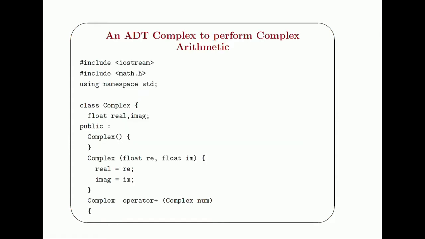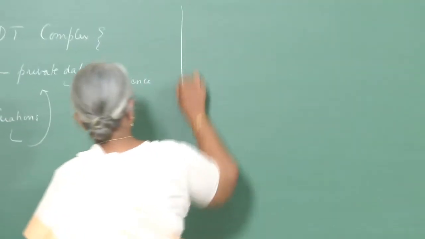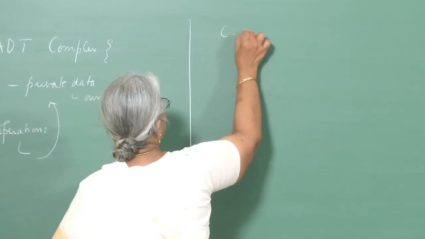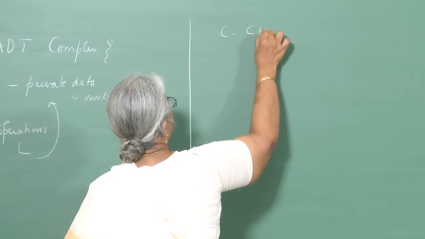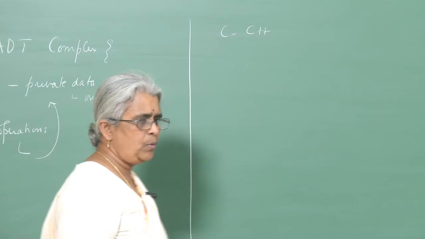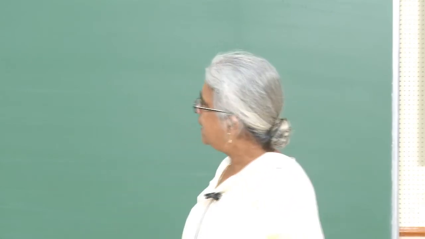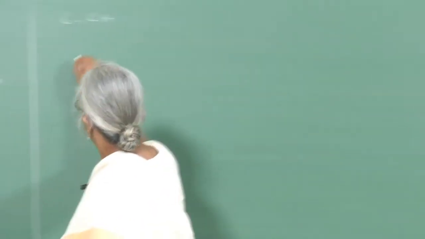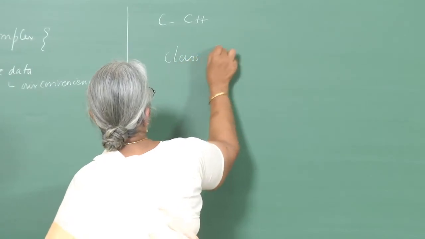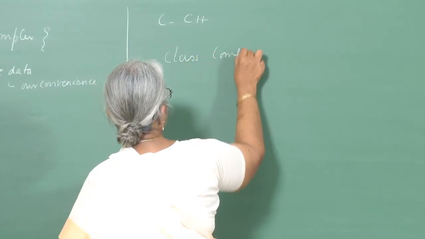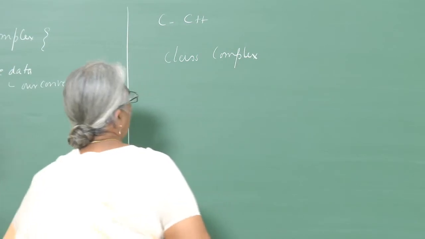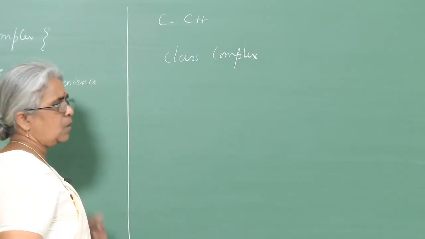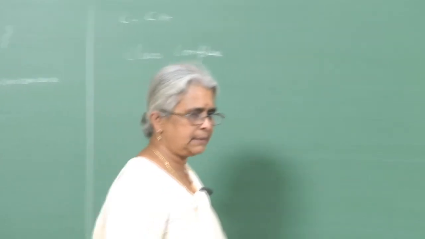So, let us take an example. I am using C++ over here. Notice that we have switched from C to C++. We have already gone through a basic overview of what C++ is, and here I have defined what is called a class. The equivalent of an abstract data type is the definition of a class. We have a class complex here, and remember that C or C++ does not support a data structure called complex. So, I define a complex data structure.